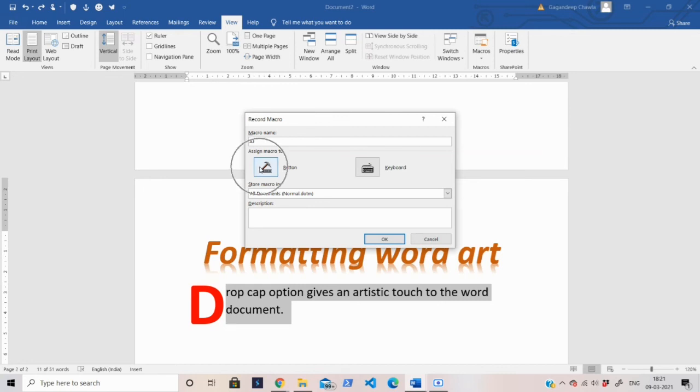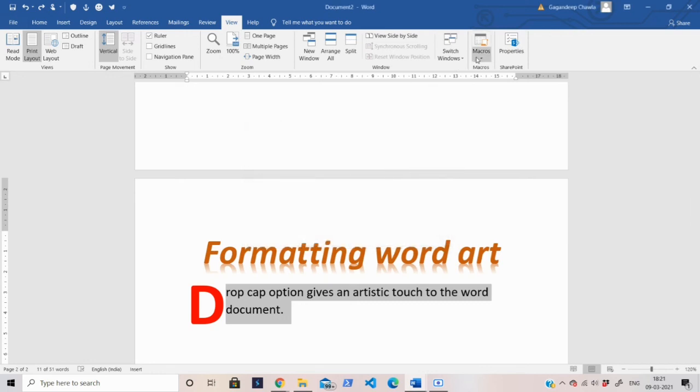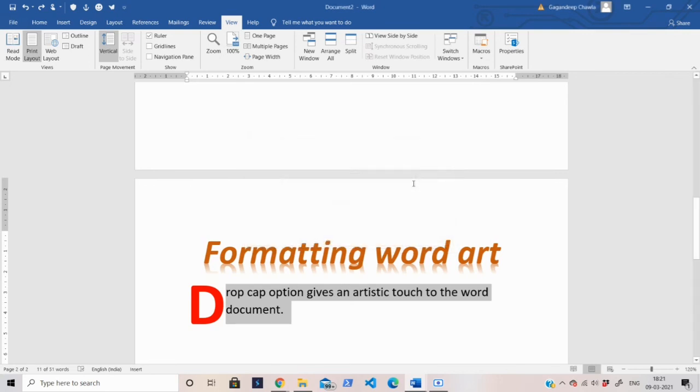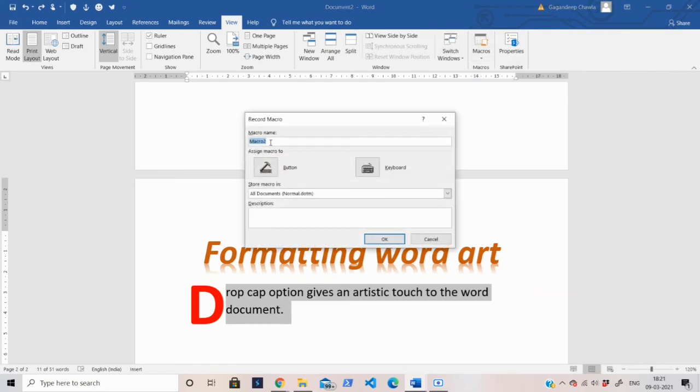Click on the Button option because you are going to create a button for your macro. Click on OK.